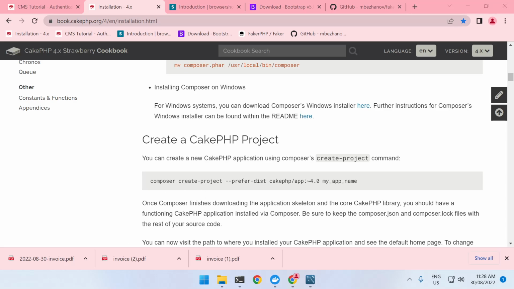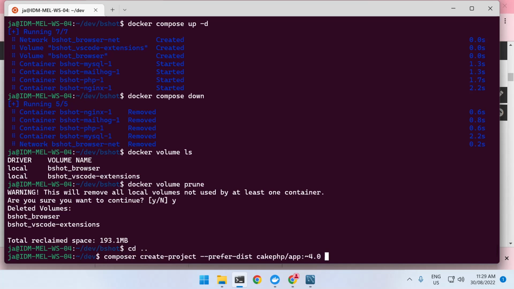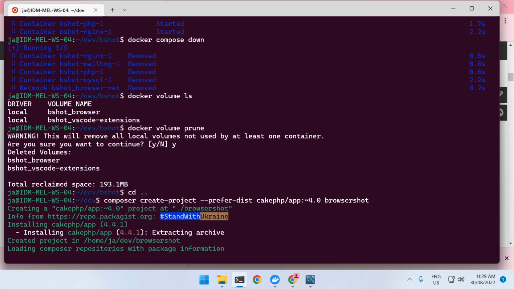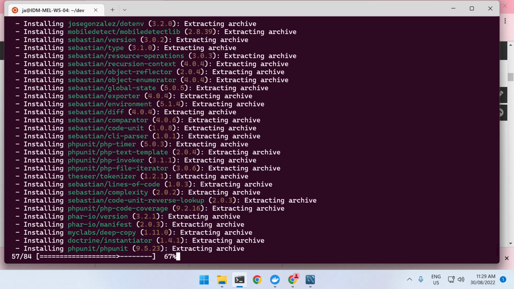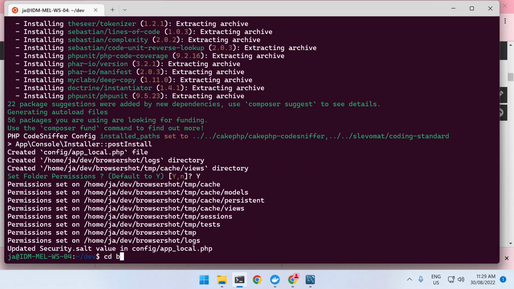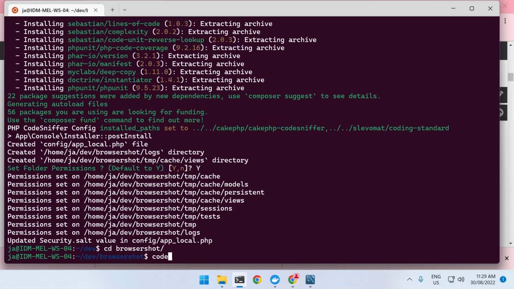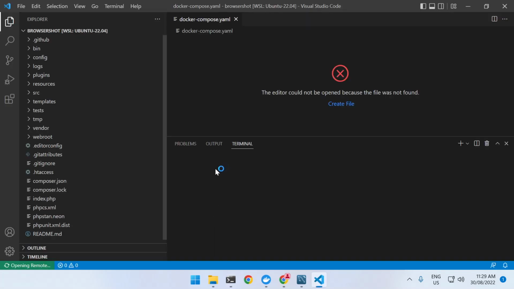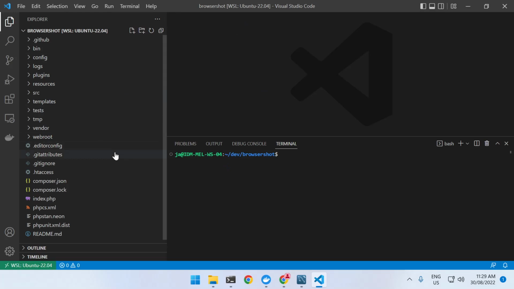So the first thing we're going to start with is just creating a CakePHP project, and we're going to call that Browsershot. Once we've created our project, we just change into the directory and start our code editor. And the next thing we need to do is, if we use bin cake server,